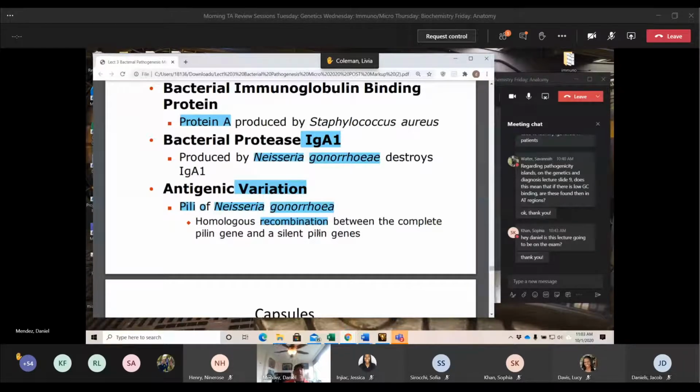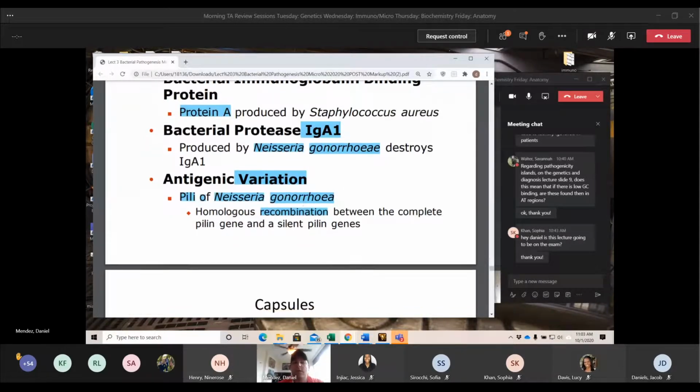So if you create an IgE or an IgA, mainly an IgE, specific for gonorrhea because your immune system is activating, you're creating it to a specific variation on that pili. Once you create that IgE that has high affinity for that pili, gonorrhea will internalize that pili and put out another one with a different variation. So now that IgE that you made is completely useless because it can't bind that new pili with that new genetic variation. And we'll go through it again on a picture.